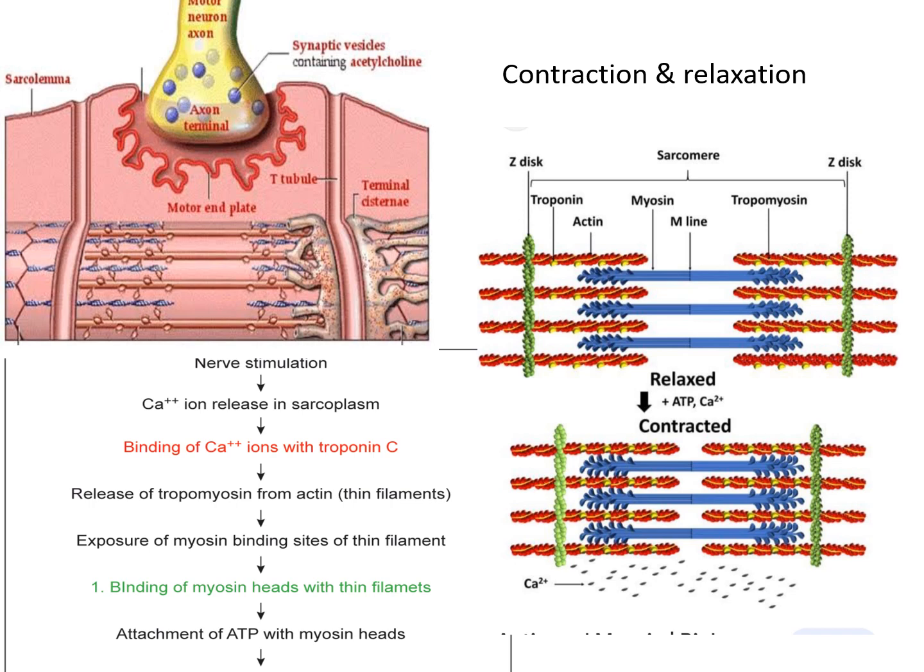So we will revise it briefly again. After nerve stimulation, calcium is released from T tubules into the sarcoplasm. Calcium will bind with troponin C. Troponin C is one of the structural proteins of the actin filament. So once the troponin C binds with calcium, it will